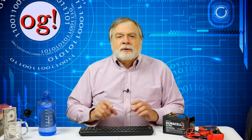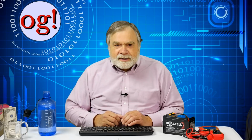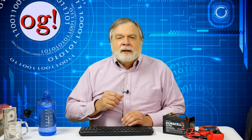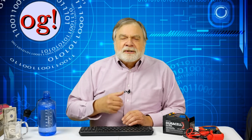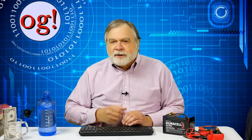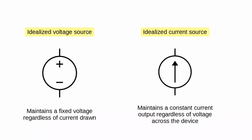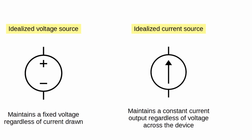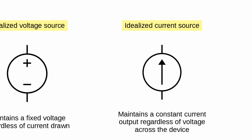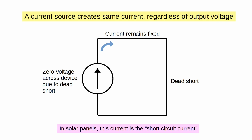Fundamentally, each solar cell on the panel converts the incoming photons to moving electrons. An individual cell in full sunlight will generate a potential of 0.5 volt, and the amount of current is directly proportional to the area of the cell and the amount of sunlight. Now, as it turns out, these cells are current devices. They'll produce their maximum current at any voltage up to a limit. So if there are 0 volts across the cell, meaning it's shorted, it will continue to deliver the same amount